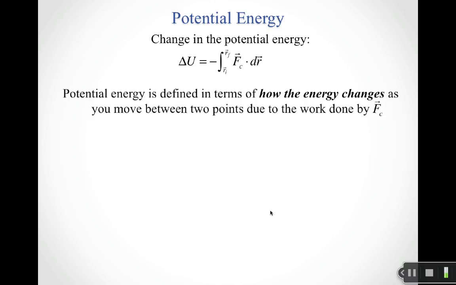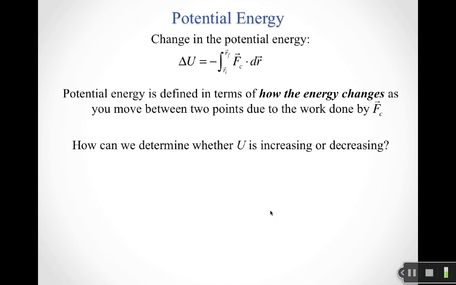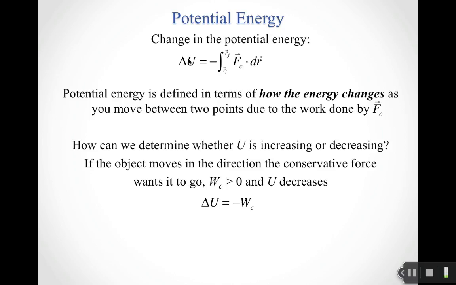All right, so here's my definition for the change in the potential energy. What the potential energy is trying to tell me is it's defined in terms of how the energy changes as you move between 2 points due to the work done by a conservative force. How can we determine whether or not the potential energy is increasing or decreasing? Is there a way that we can think about when delta U will be positive, when delta U will be negative? Well, if the object moves in the way that the conservative force wants it to go,